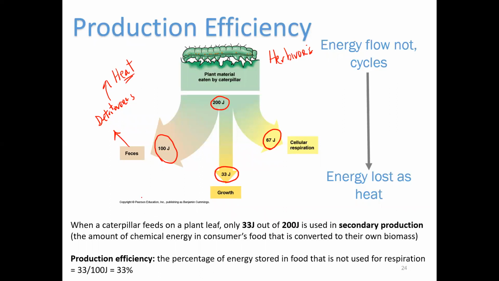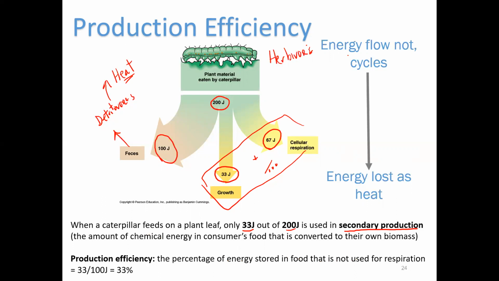So how much was converted? 33 joules out of the 200 joules was converted, and we call that secondary production. And out of all the energy that was used, we don't include the feces, so 33 out of 100,